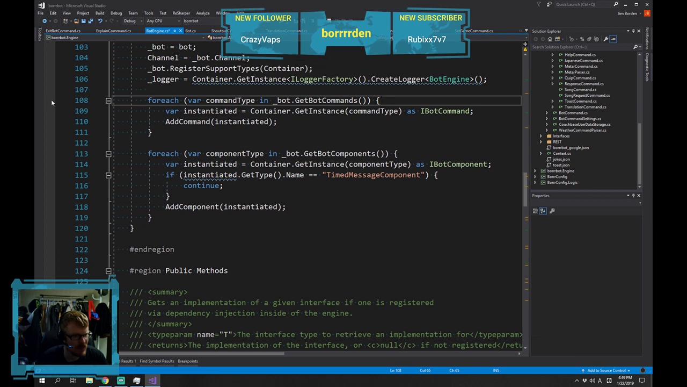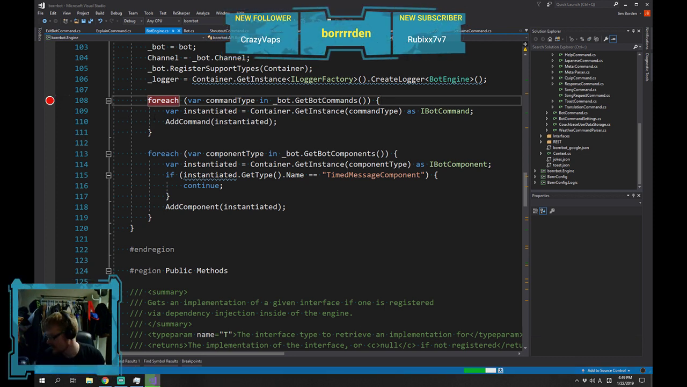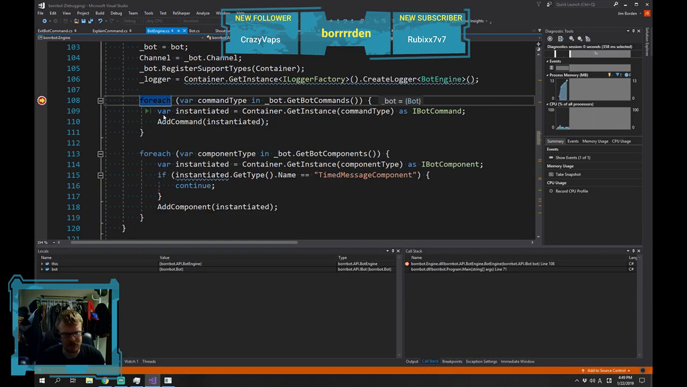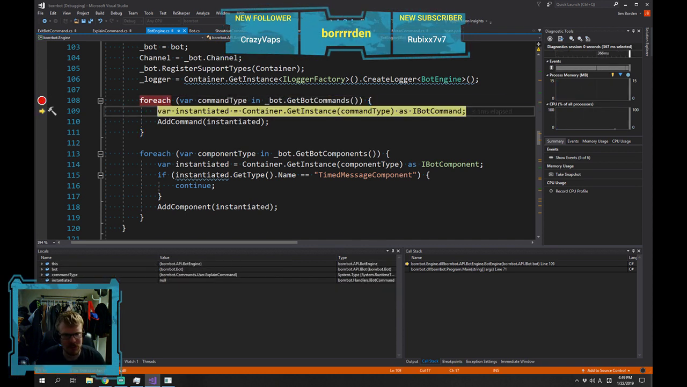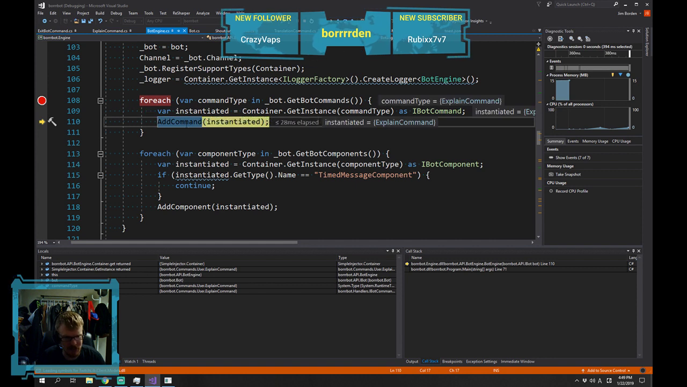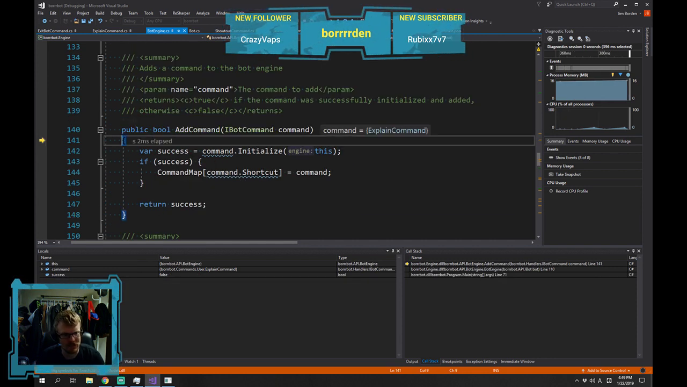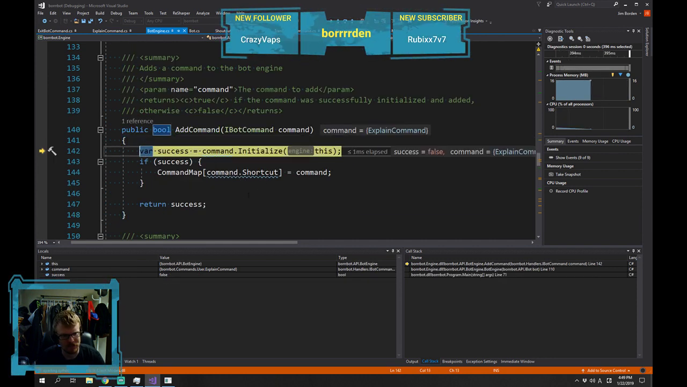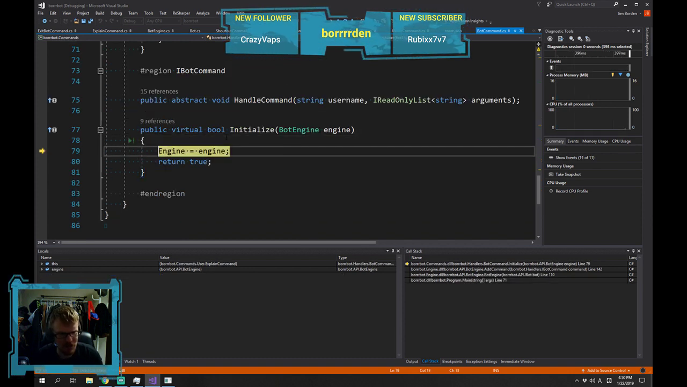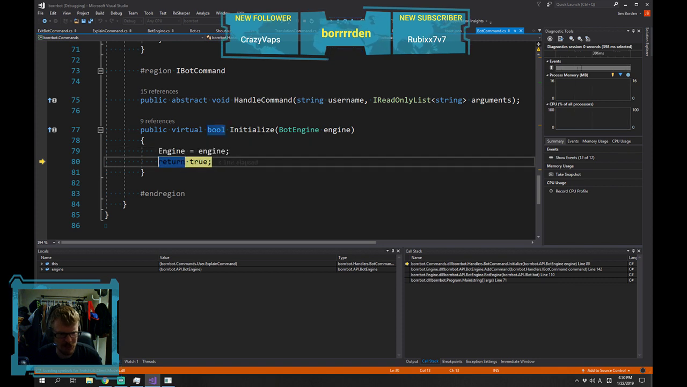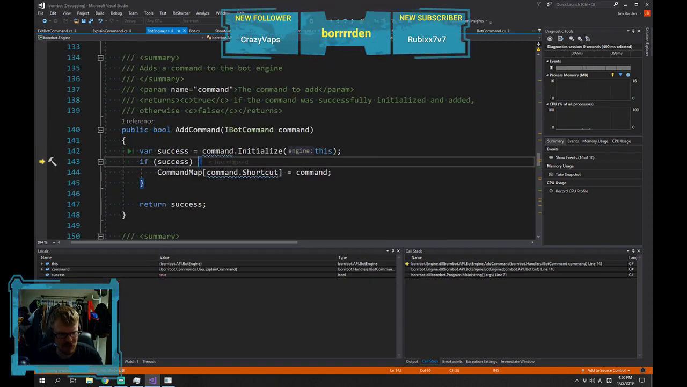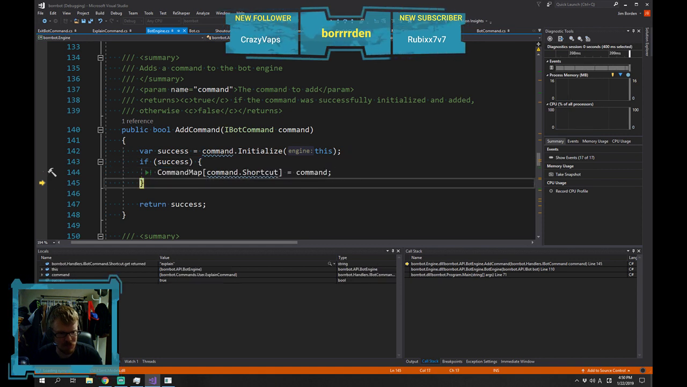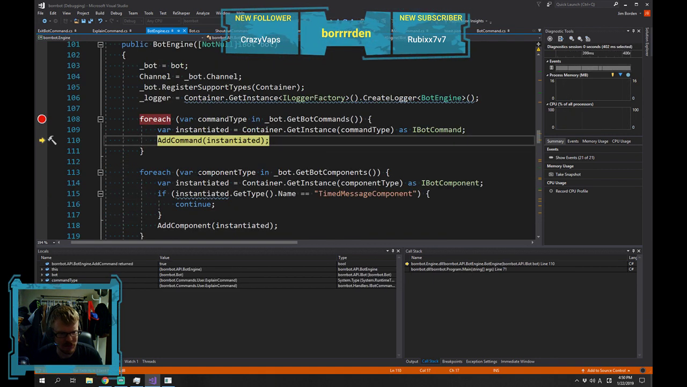So let's continue in the logic. Like before, the first command type I got is the explain command, so it gets one, then it adds the command. So remember before I said it has the ability to initialize itself. So it goes in here. This one has no overridden stuff, so it just sets the engine and returns true. And then if it's successful, which this one was, it adds it to the command map. And then it goes on to the next one,